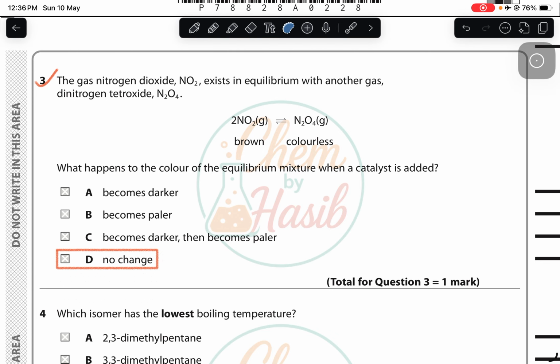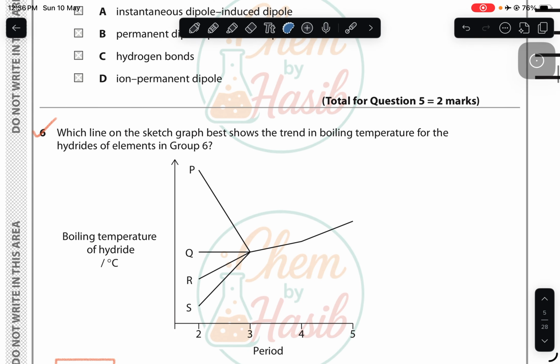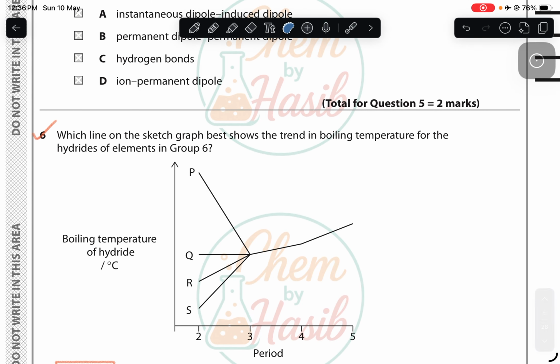Then we move on to question number 6. It says, which line on the sketch graph shows the trend in boiling temperature of the hydrides of the elements in group 6? In the class, we studied a similar trend in the boiling temperature of group 7. And group 7 and group 6 have similar trends in the boiling temperature. For example,